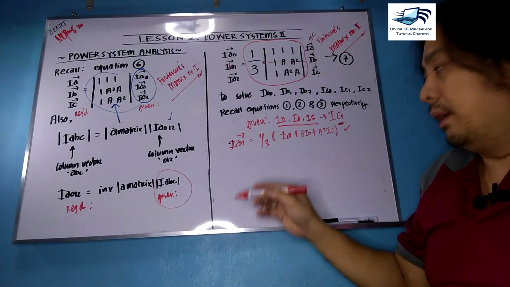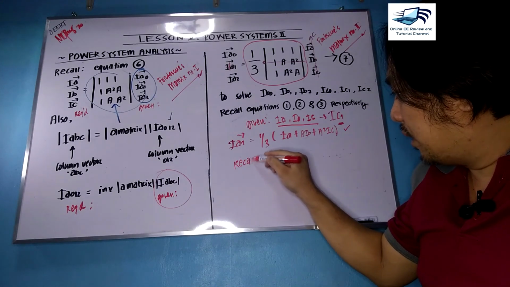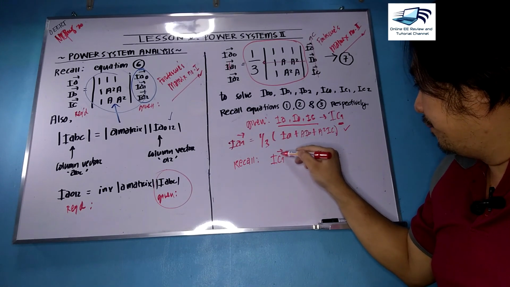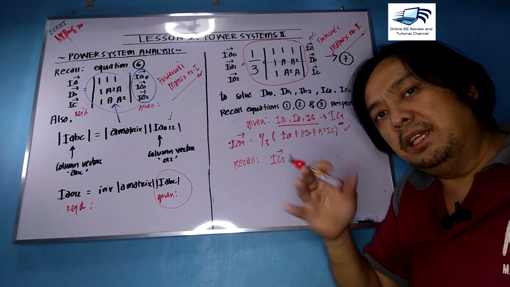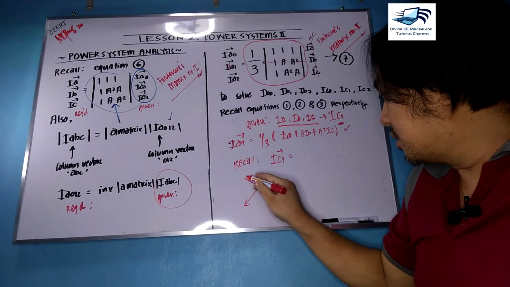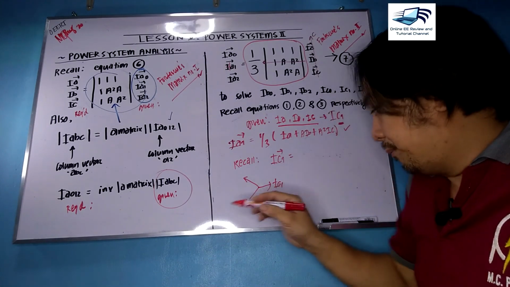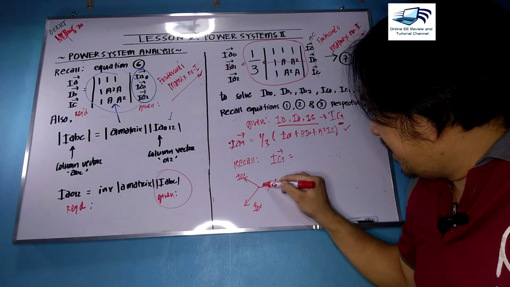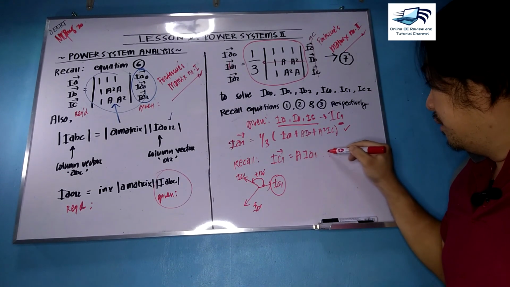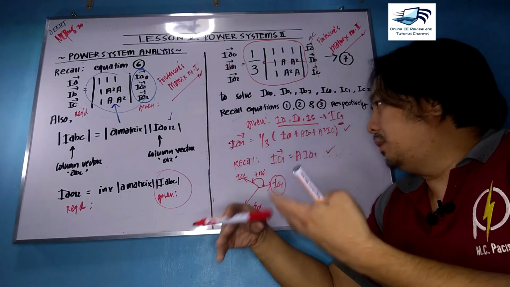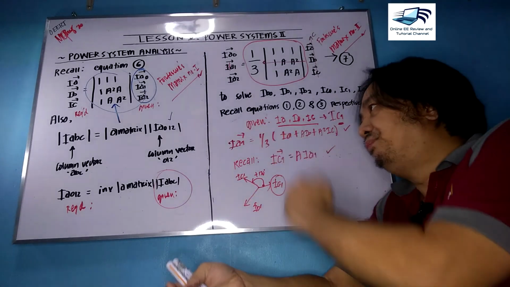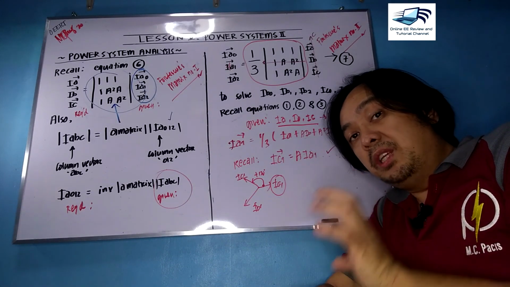Now, how can you get IA1 in terms of IC1? You can recall one of those equations, which is equation number 2, if I'm not mistaken, on slide number 2. So you have IC1 equal to... now if you forgot what is the A and A squared, and you see here the positive component, which is 1, just recall that it is an ABC sequence. So you have IA1, this is from the derivation from the first slide, IB1 and IC1, you can see it is positive 120 degrees based on the reference IA1. Pretty simple, right? So all you have to do is to go back to the basic fundamentals. And if you know all of the fundamentals, you can solve any problem on symmetrical components,